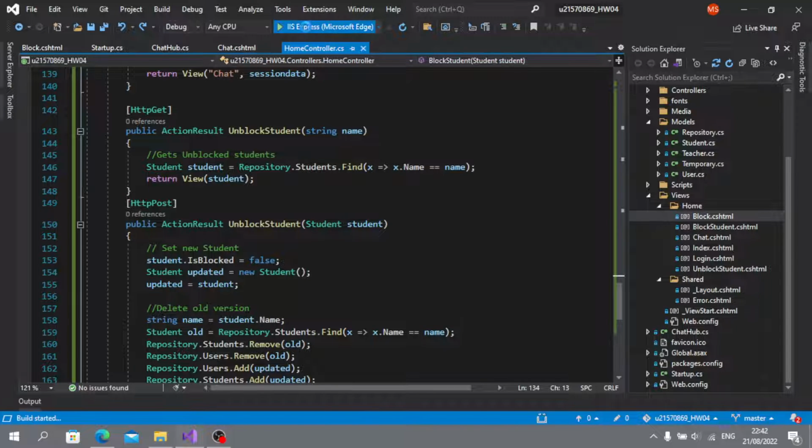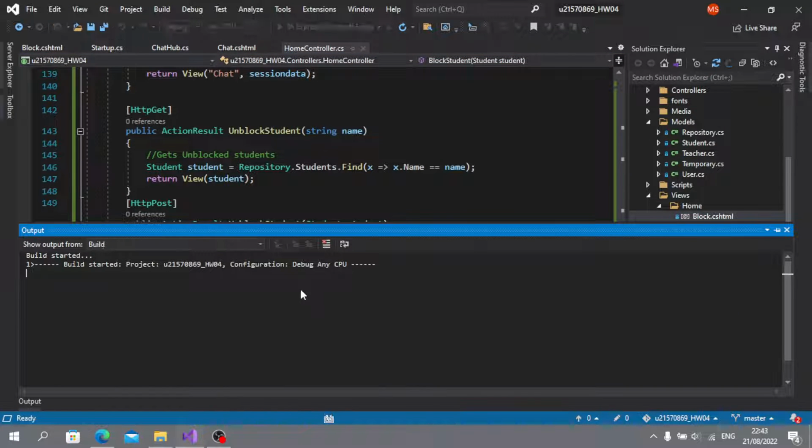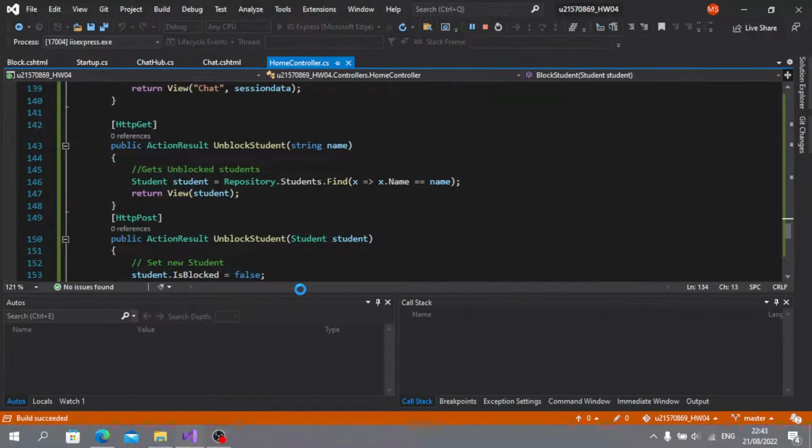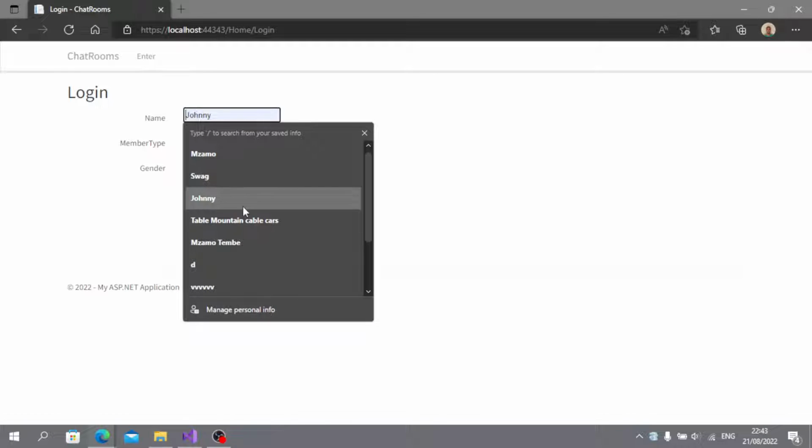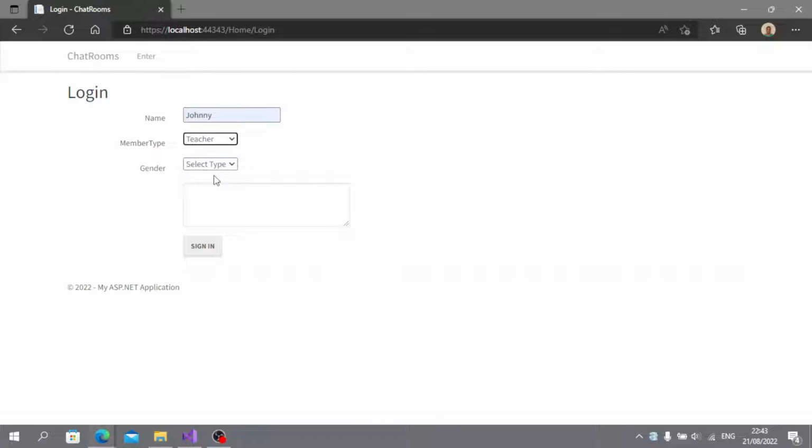Let me just show you one more time, just to show you the bootstrap functionality of it, so you can see the responsiveness of everything. Sorry, it's saving calls. So localhost loading, and so enter the chat room. Maybe Johnny. I know this is not a teacher, it's a male this time. I am